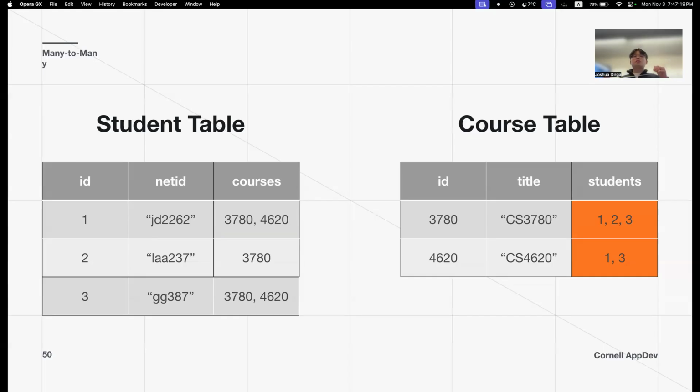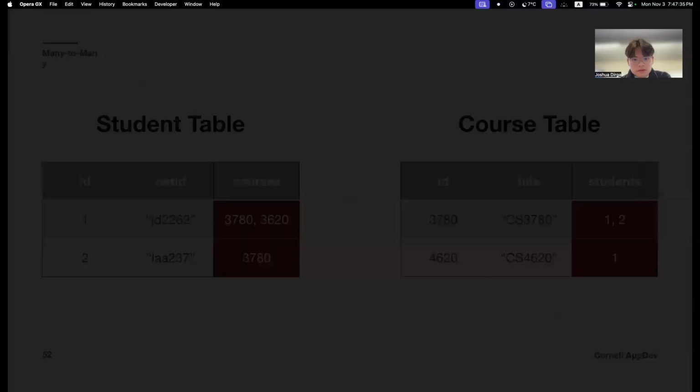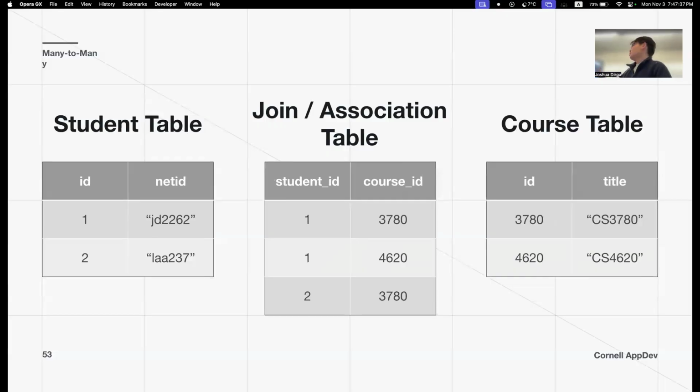And another rule of thumb is whenever you have a list inside a table like this, it's generally not good practice in databases. Usually there is a better way to implement it rather than just having lists. Okay. So yeah, let's skip that. The third method and the best way is to use a join table, which is also